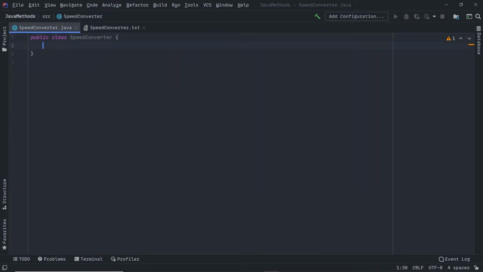So inside our speed converter app, go ahead and create a new method, public static long toMilesPerHour, and it should take a double value of kilometersPerHour.